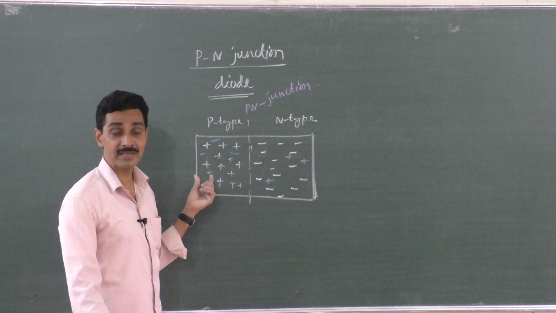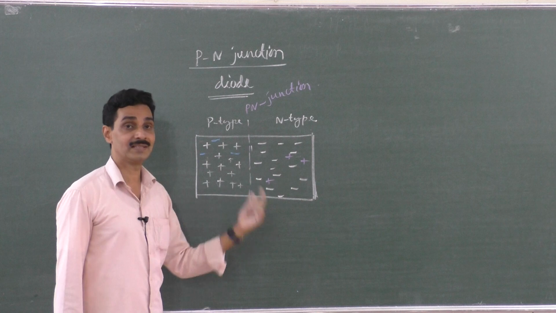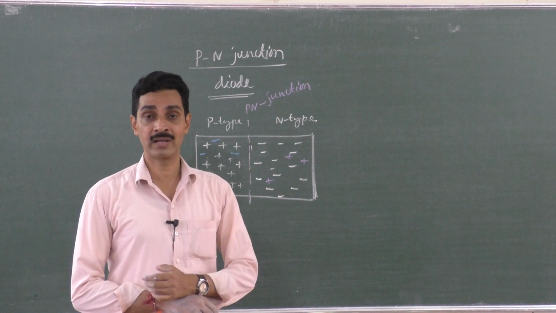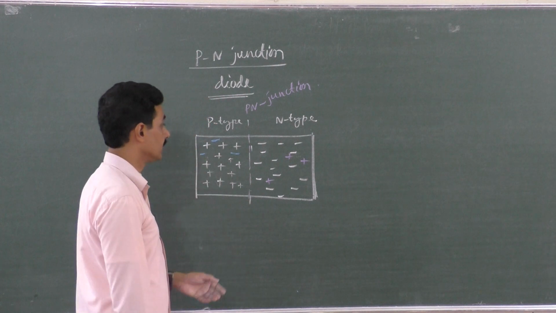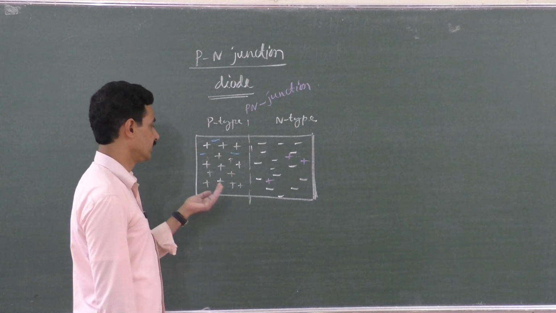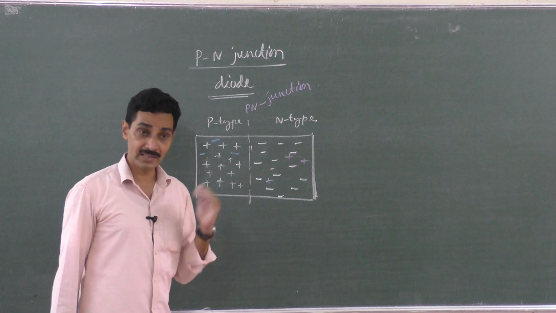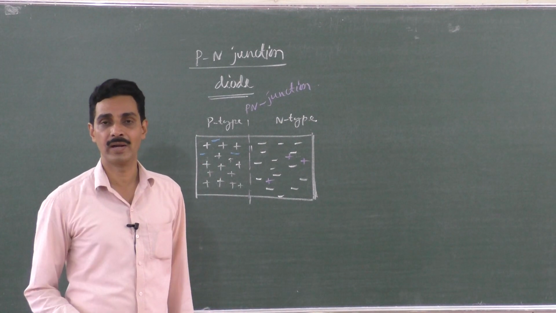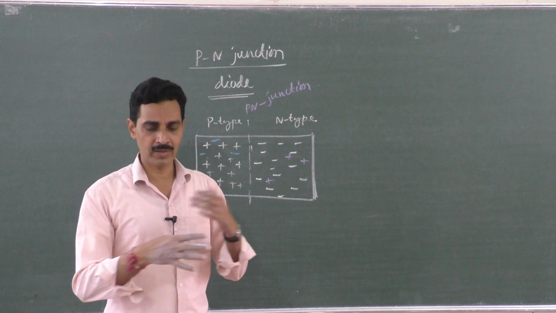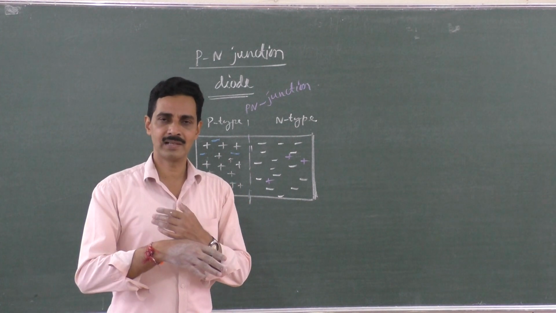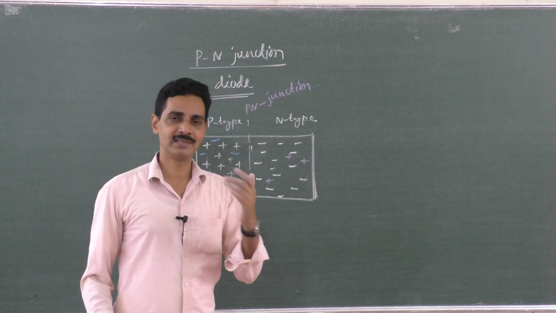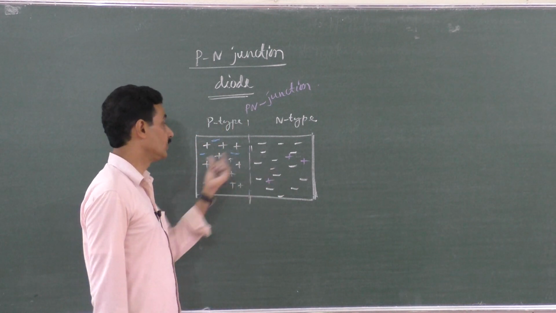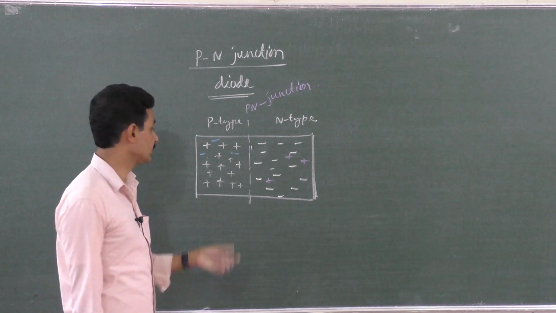Concentration of holes on the p side is more, concentration of holes on the n side is less. So there is a diffusion from higher concentration to lower concentration. Electrons from n side will start moving towards the p side, and for this motion no external battery or external energy is required, because it is just a motion because of higher concentration and lower concentration, and this is called diffusion. So diffusion of electrons from n side to p side and diffusion of holes from p side to